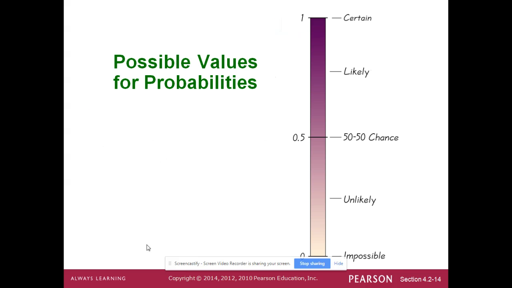Okay. When we talk about the likelihood of something happening, 0.5 as a probability is a 50-50 chance. So the closer we get to 1, the more likely something is to happen. The further we get away from 1, down towards 0, the less likely something is to happen. Judging by this chart here, unlikely is written close to where 0.25 would be,